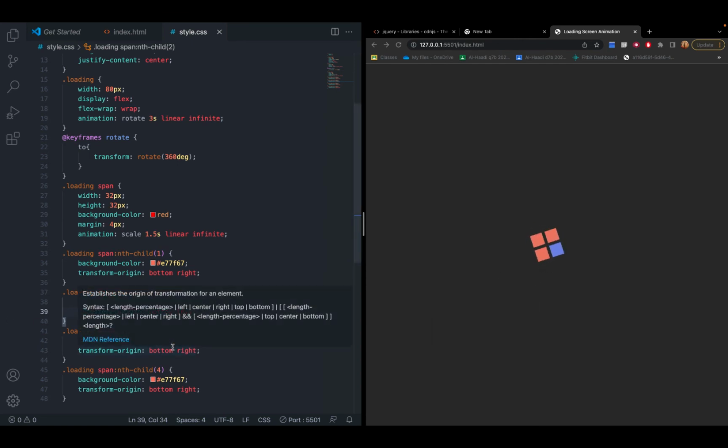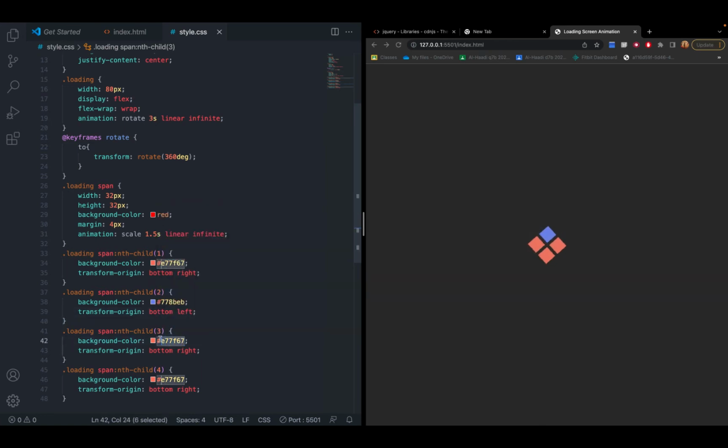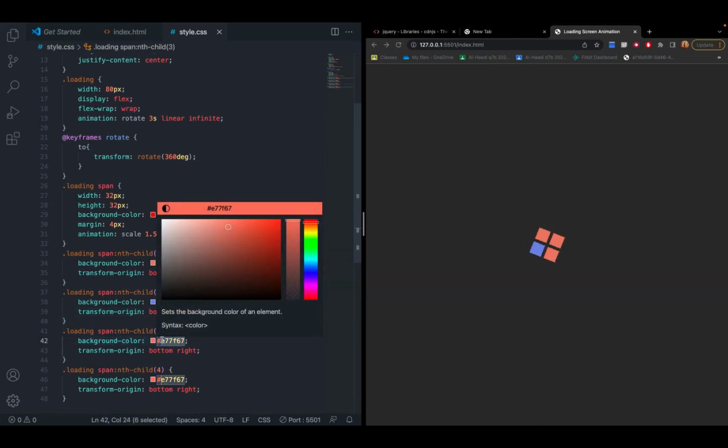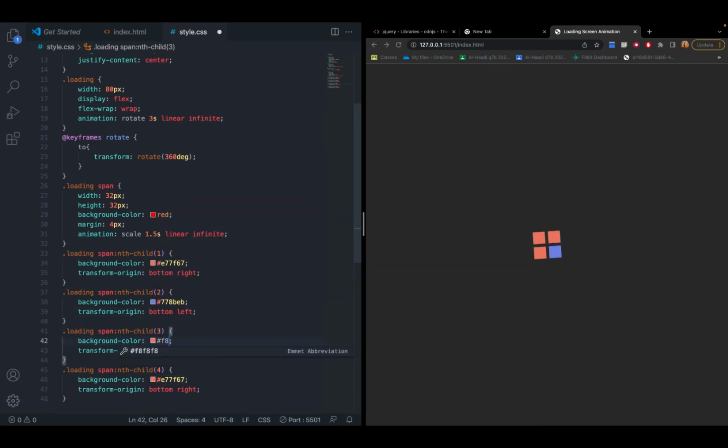Now for the third one, let's change the color, and for this one we'll do F8A5C2, and we will again transform the origin. This time make it top right. And then finally for the last color, we're going to make it